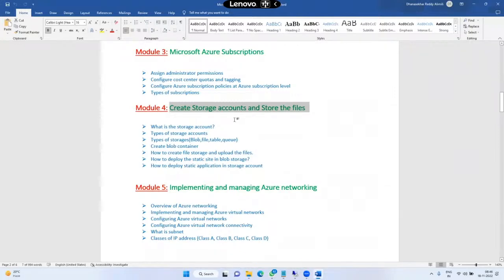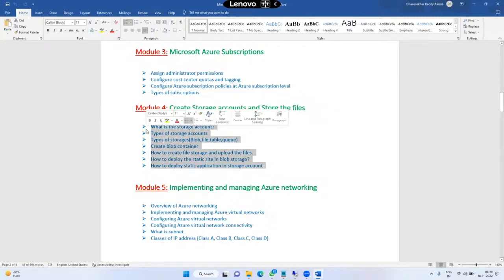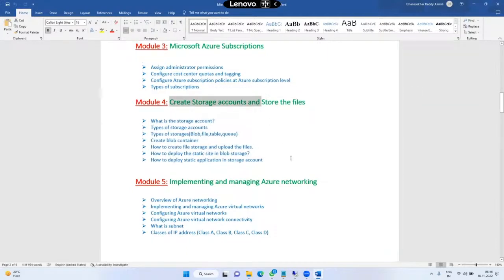How we can store organization data, and how we can categorize the data into frequently accessed or infrequently accessed data. Based on that, we will maintain the storage account.